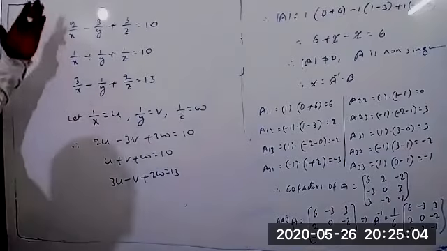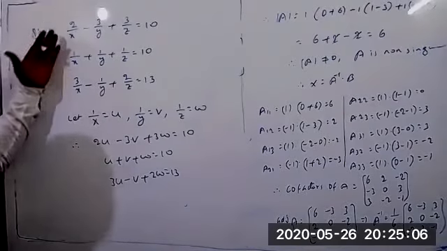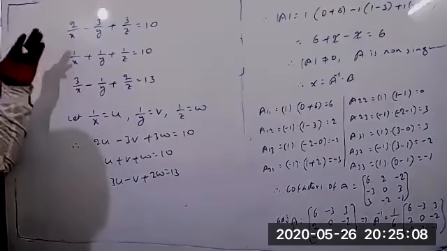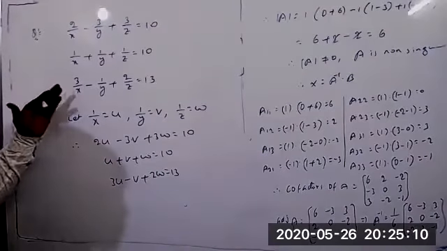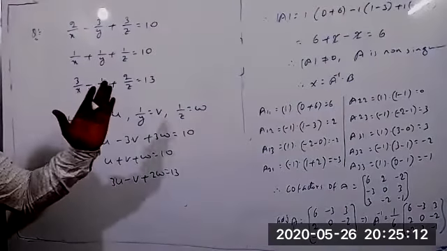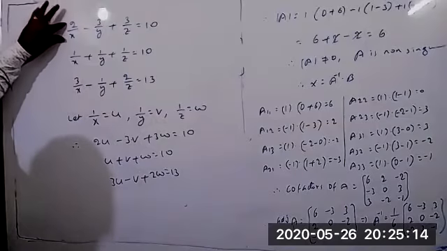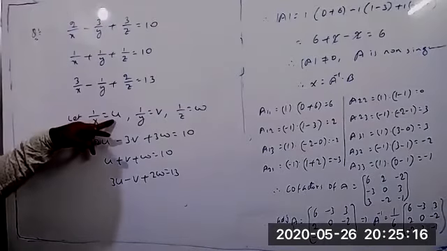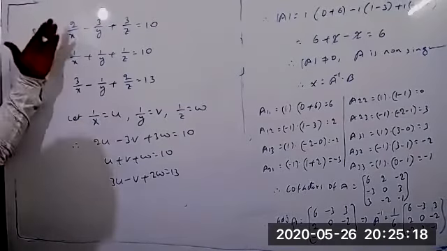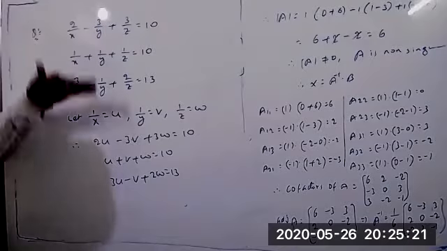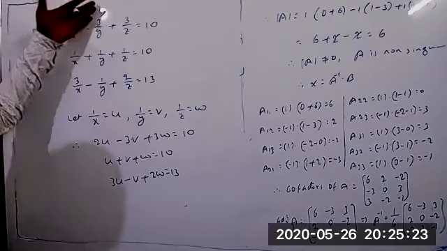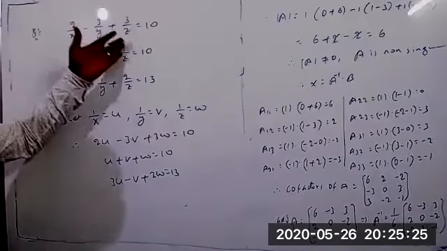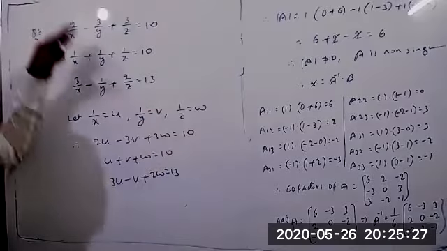It means even if they give any fraction form, there is no need to get confused here. First you can reduce the equation. How to reduce: whatever fraction they have given, you can write that as some other variable. Let 1 by x equal u, 1 by y equal v, and 1 by z equal w. Then you can simplify all the equations.